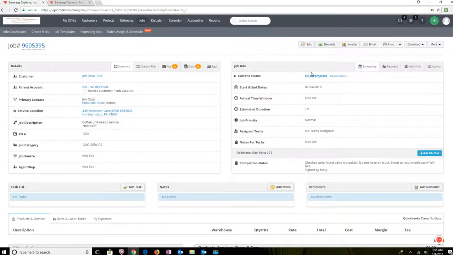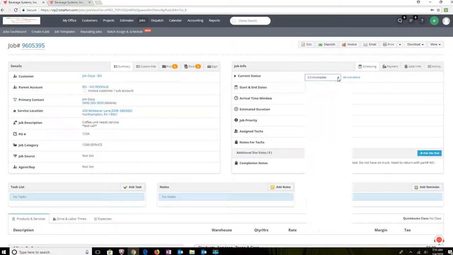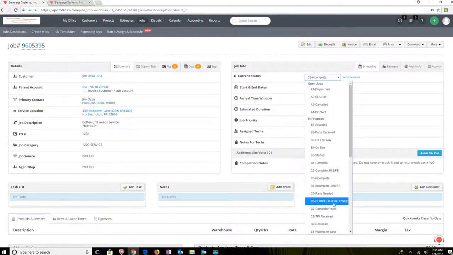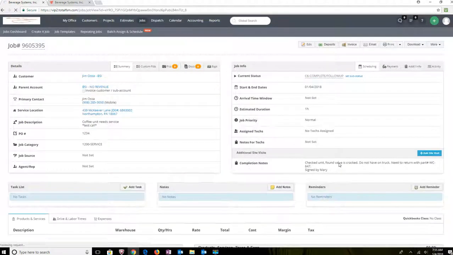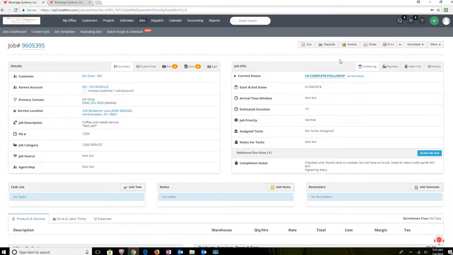So we're going to start with an incomplete call. This is just a test call under my name. This is an incomplete call like we would see from any of the job dashboards or anything like that. So the way we usually mark it here is we're going to mark it complete, as either complete or follow-up, and then once it's marked, the very important thing